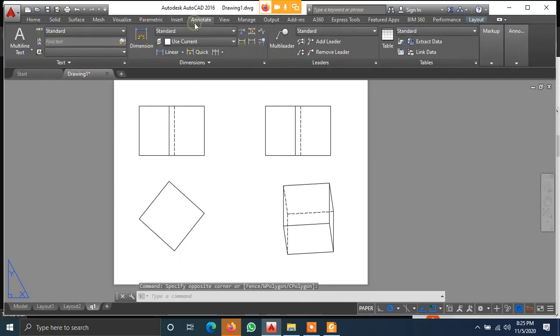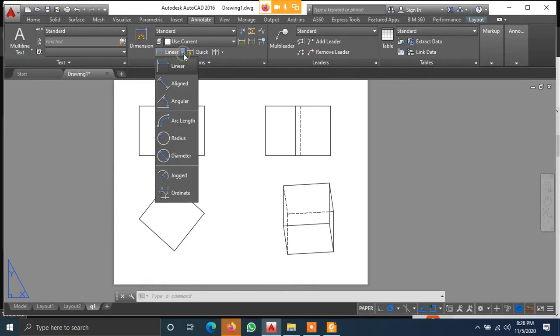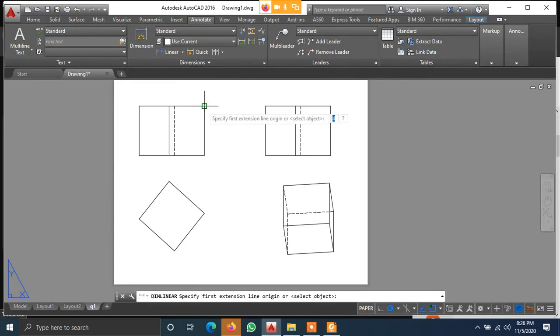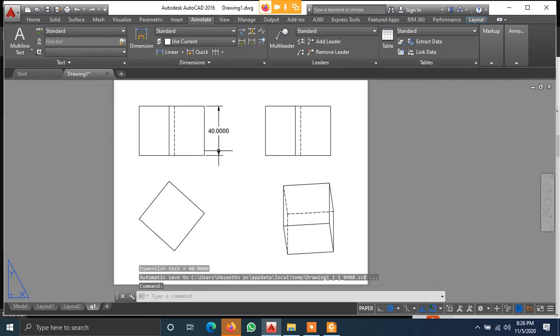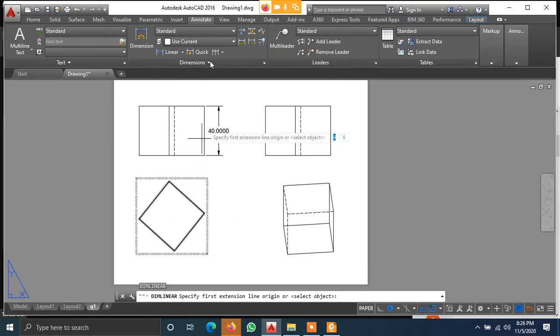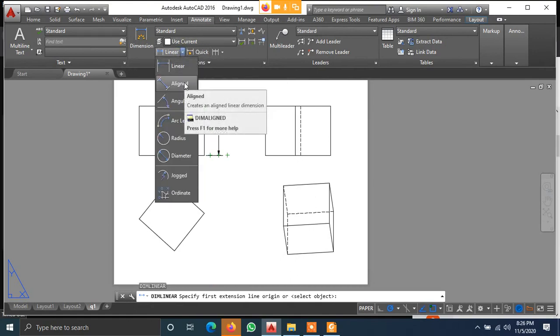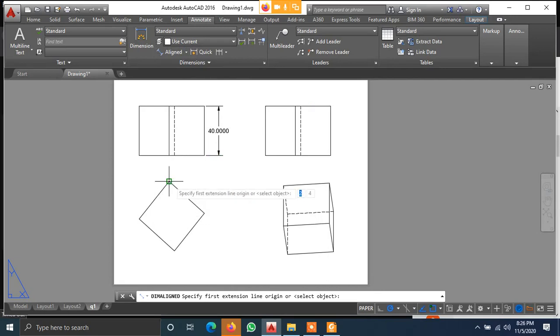So click on annotate. Select a particular linear type of annotation. First mention the endpoints, and give the annotation clearly. Then use a linear annotation in the first case. Second, aligned annotation. Select these two endpoints, annotate.